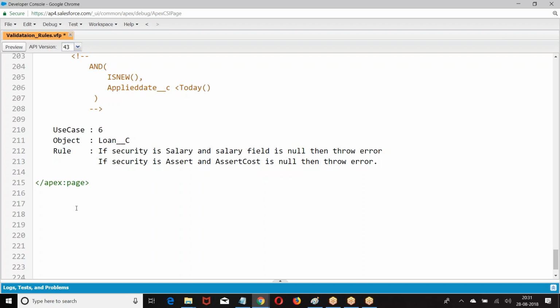What is the formula? So we are going to give OR.